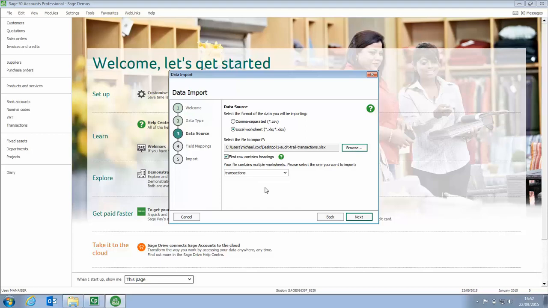Now, if your file contains multiple worksheets, you'll get this section here, and it will ask you which of the worksheets you want to import the information from. I've purposely added one onto my template called expenses just so we can see this. If yours only contains one worksheet, then you won't actually get this option. It will just default to that one. So ours is on the transactions worksheet within that Excel file. We then click next,